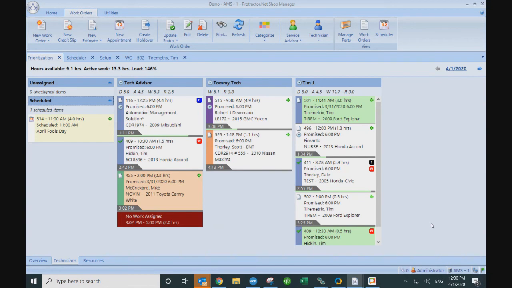I've had this discussion with a number of shops over the last couple weeks. To be honest, as I have grasped more how Protractor was designed to be scheduled, I think I'm able to better describe this to shops, and I've gotten some shops to try this, and they found that it works pretty well. It does require buy-in from the service advisors because this screen is managed by the service advisors, so you can't be fighting over it, but it should be a shared